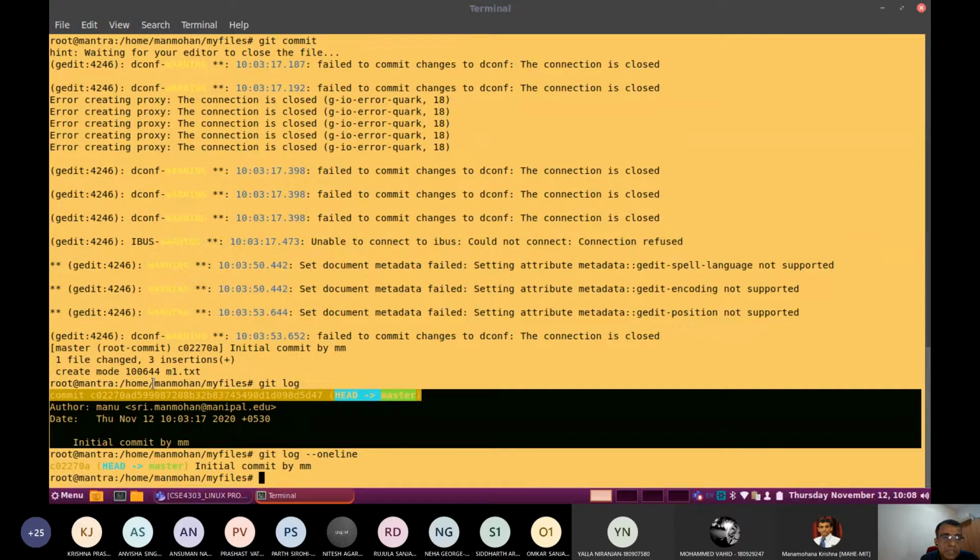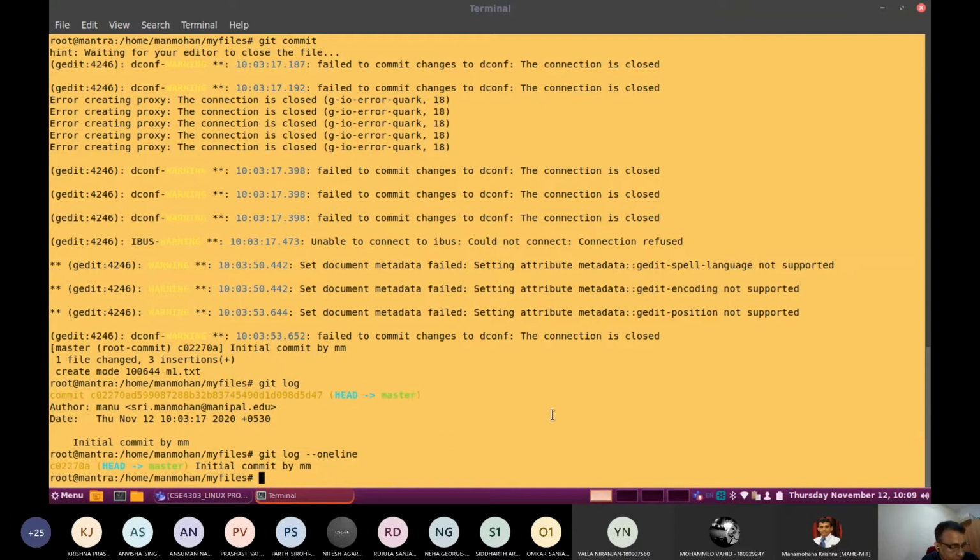After that there is one piece of information called HEAD, because this is the default area. HEAD is master, the branch is master here, followed by the initial commit message. I entered my short name, that's why the same message appears here.